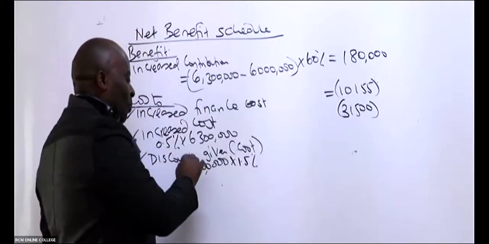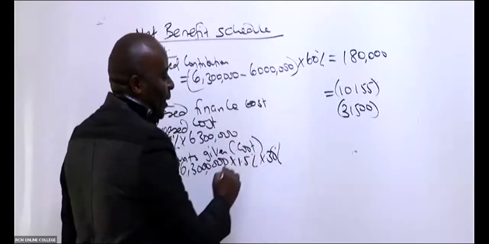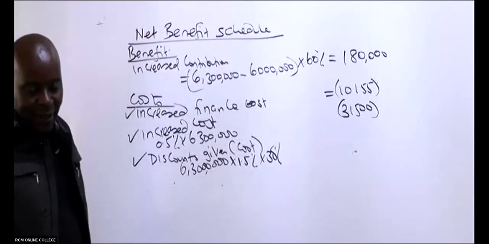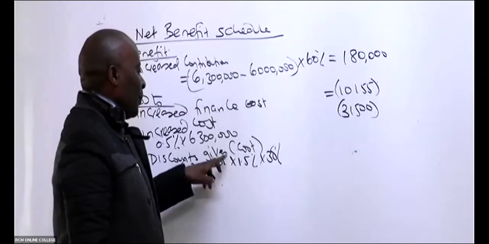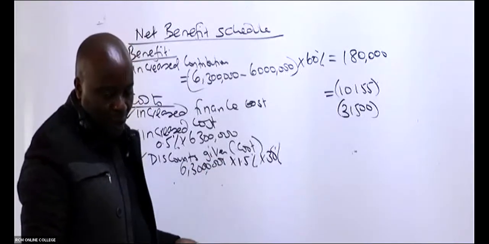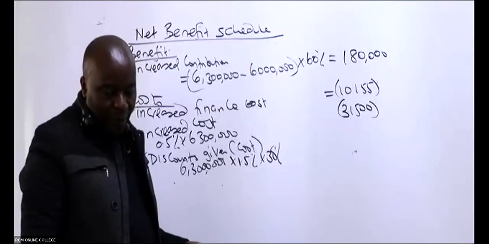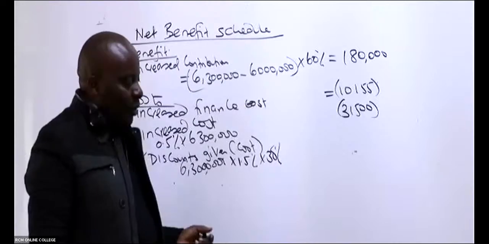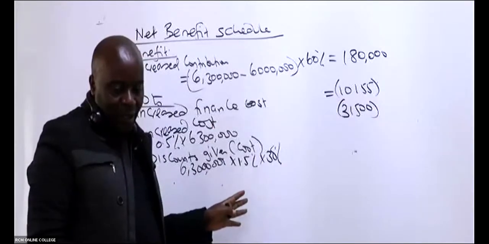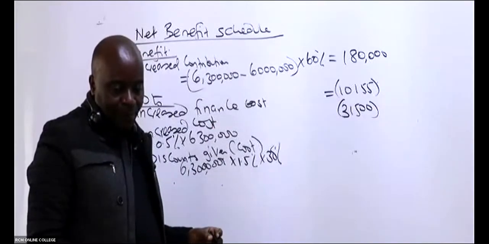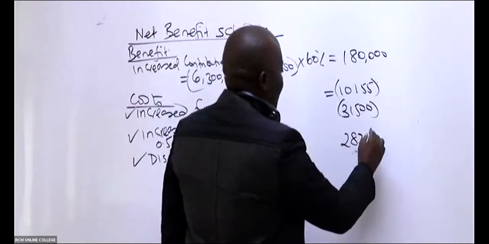But remember, not all people are going to take advantage of this discount. It's only 30%. So could you be kind enough to give me this 6.3 million? It's a cost on you. So how much do we have there, my good students? Remember the 6.3 and the discount is 1.5, and then of course it's 30%. 28,350, and that is it.